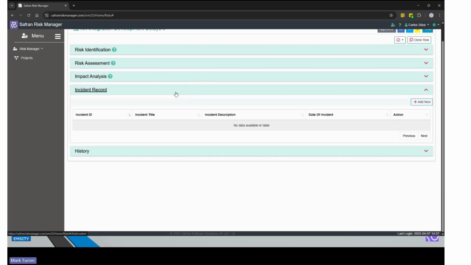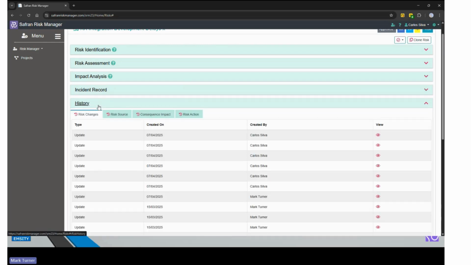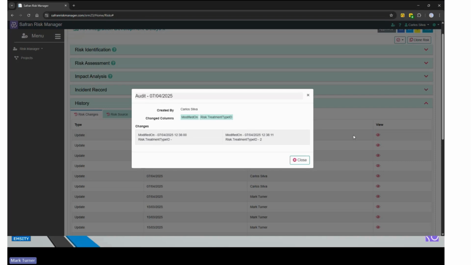I mentioned before, we've got the ability to record records of risks occurring or the incidents of occurring, and we can actually generate a report on that. Plus, we also have the ability to record the audit trail as to who made what changes to the risk when, so that it's possible to actually understand if I'm making changes, what's happened and when those changes were made.